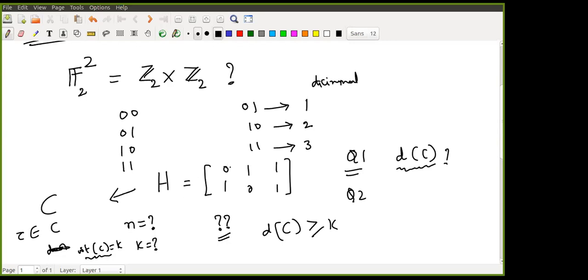So somebody can tell me how do you tell that the rank of H is greater than or equal to 1? What is the rank of H? If we find any non-zero column or row in H, yeah, that is correct. So actually, what is the rank of this H? Rank of H is 2, right?